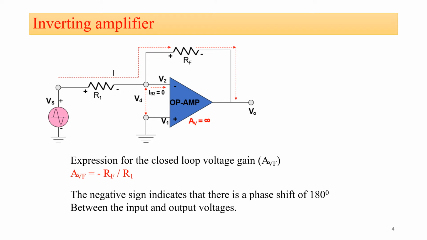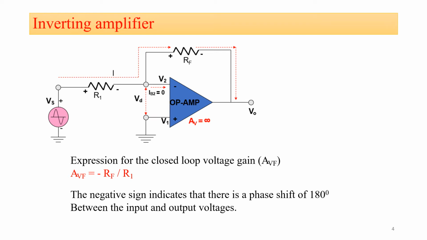Now for this circuit, if we apply the Kirchhoff current law, our KCL, at the inverting input terminal of the op-amp, then we will get the equation that is total current I equals Ib2 plus If, where Ib2 is the bias current and If is the current which is flowing through the feedback resistor, that is Rf. And when you solve this equation, then you will get the closed loop voltage gain, which is equal to minus Rf by R1. Means when we use our op-amp in open loop configuration, then its voltage gain is fixed, which is ideally infinity, but practically for IC741 it is equal to 2 into 10 raised to 5.